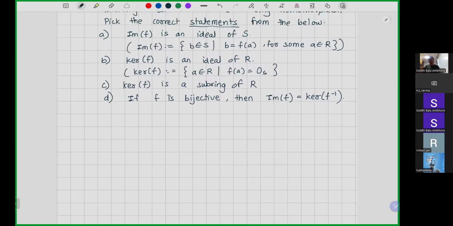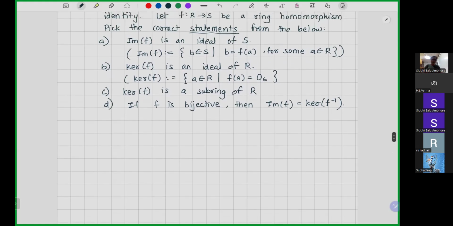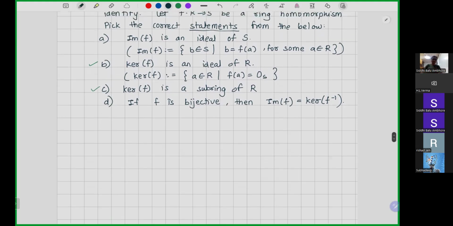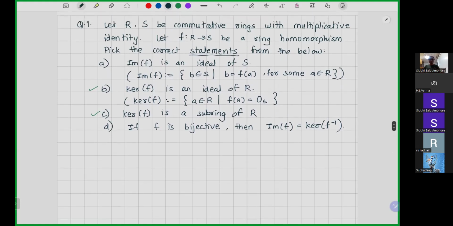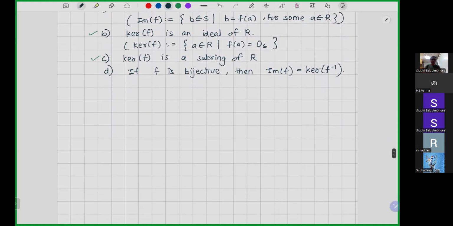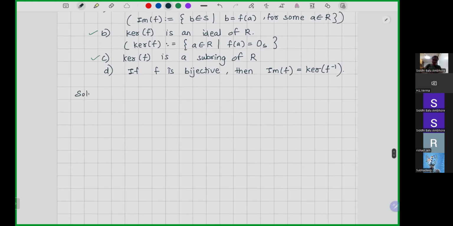Okay, B and C. So guesses are B and C. Let me mark them with green for now. As Subhadeep suggested, the suggested answers are B and C. Since they are saying that there could be multiple answers, let us first try to discard each option, because as we go on excluding or including each option, we will be learning many things in between. So let us start with